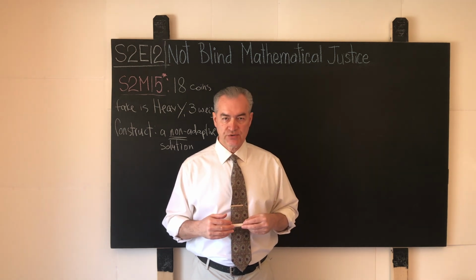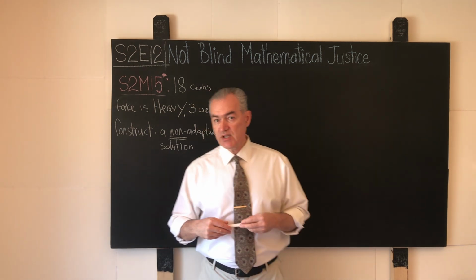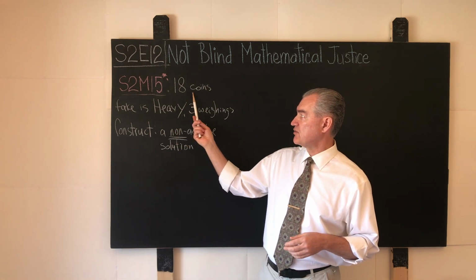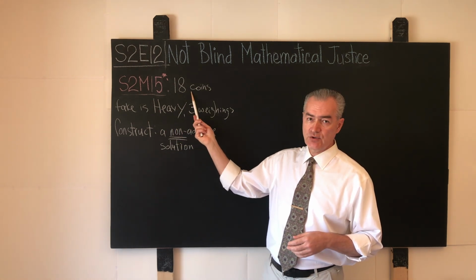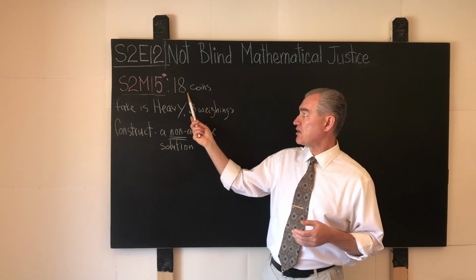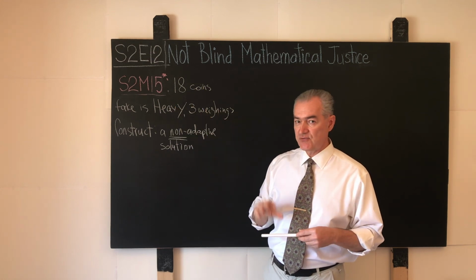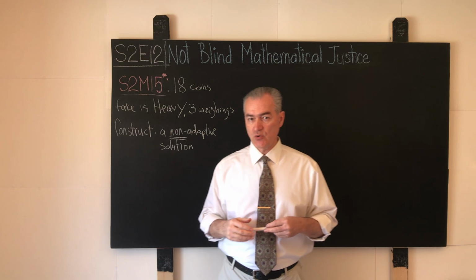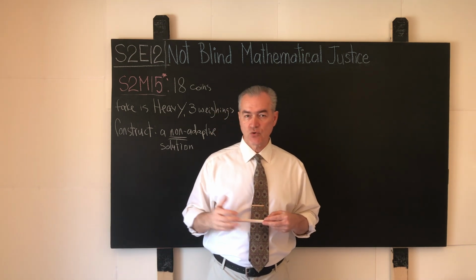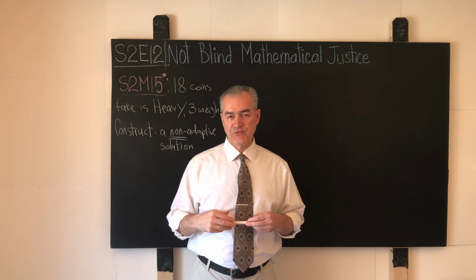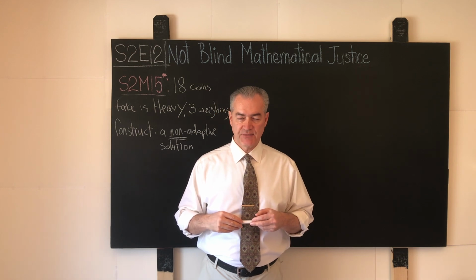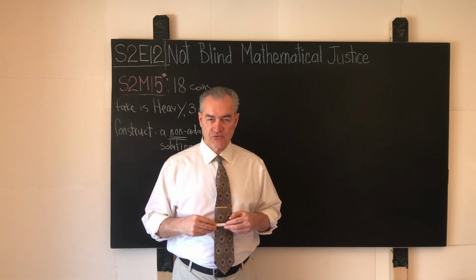But on a serious note, if you think that you cannot solve the problem S2M15 with 18 coins, amazingly enough, try to solve it with, let's say, 27 coins. And if you catch on to the whiff of what's going on, you'll realize that the 27 coin problem in this case is somewhat simpler and more straightforward to do.